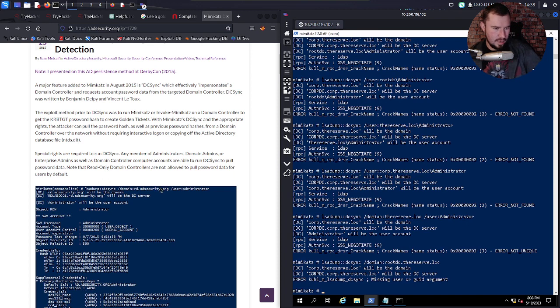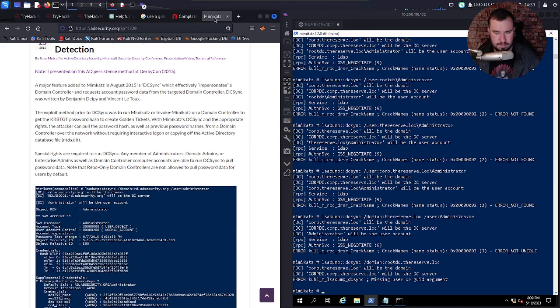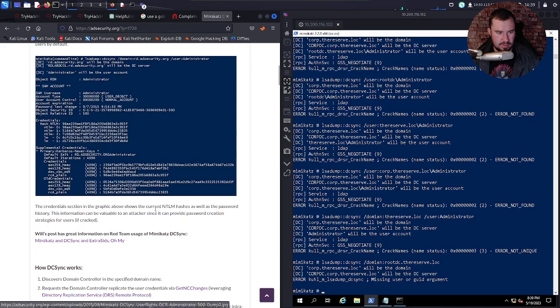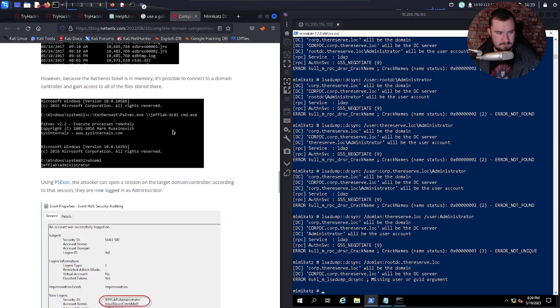I'm clearly not understanding this. Domain would be, I don't know. Is it not passing the ticket for some reason? Oh, freaking A, there's a typo in domain.